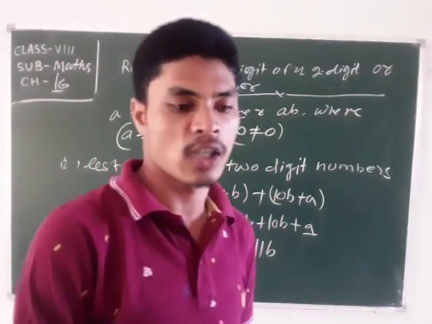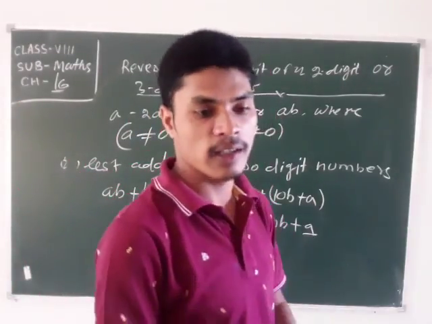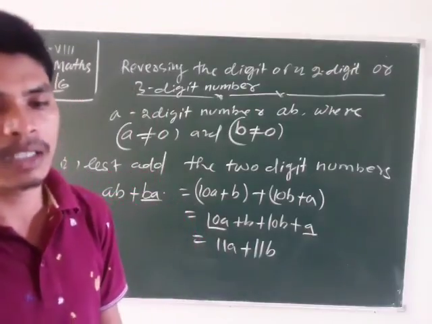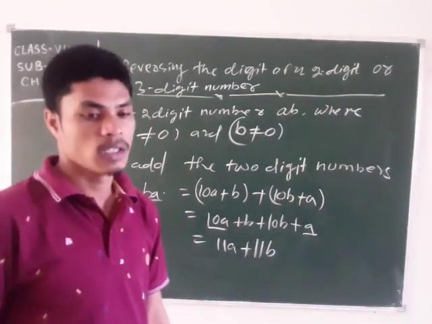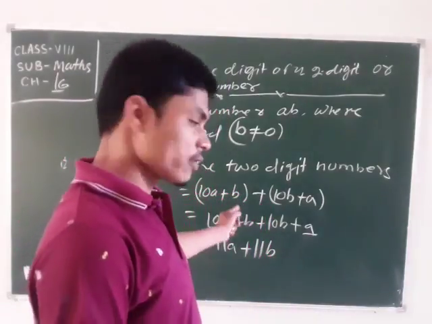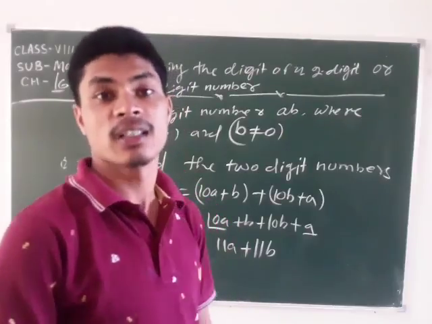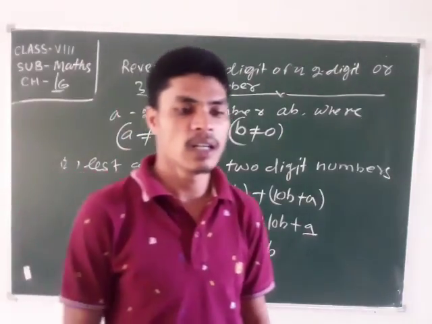Now the question is the sum of the first 2-digit numbers. So consider the numbers; then the sum is divisible by 11. We know that if the sum is divisible by 11, that means a plus b is the quotient. Okay, let's subtract.